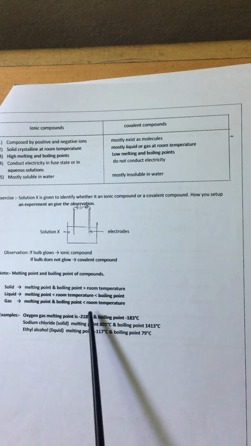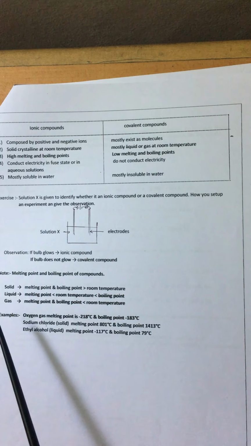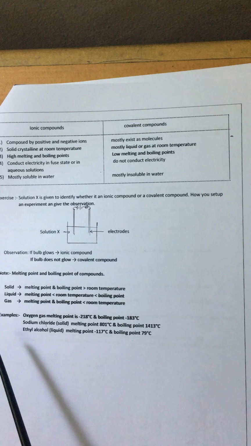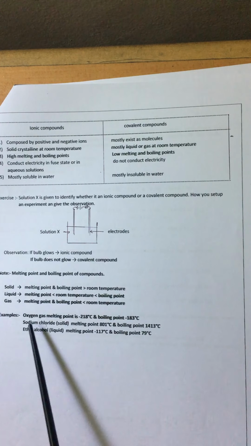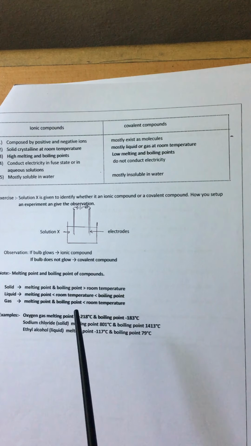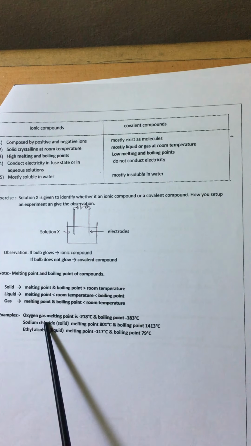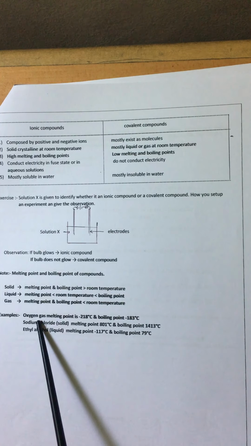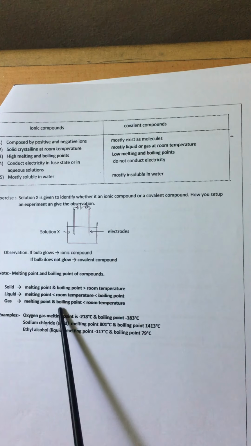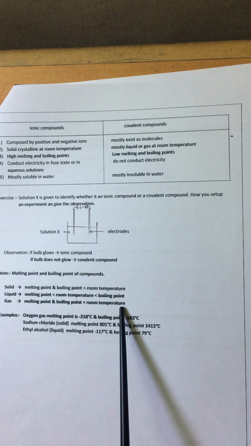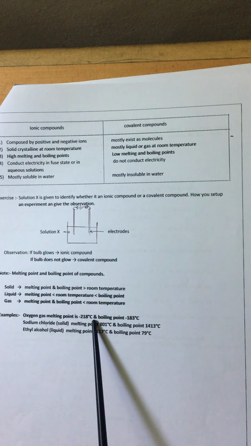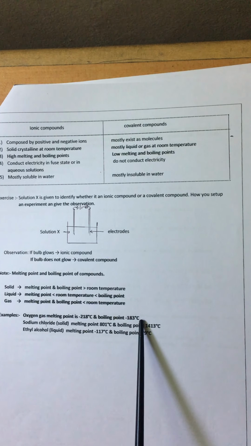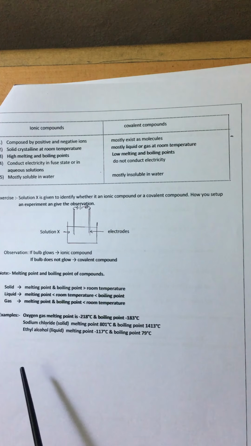So the boiling point is more than the room temperature. Gaseous state means at room temperature it is gas. That means it already melted and boiled. That means melting and boiling point are less than room temperature. So from that you can identify. Now say oxygen gas. Oxygen is a gas, right? So the melting and boiling point are less than room temperature. Here see minus 218 Celsius and minus 183, less than room temperature.